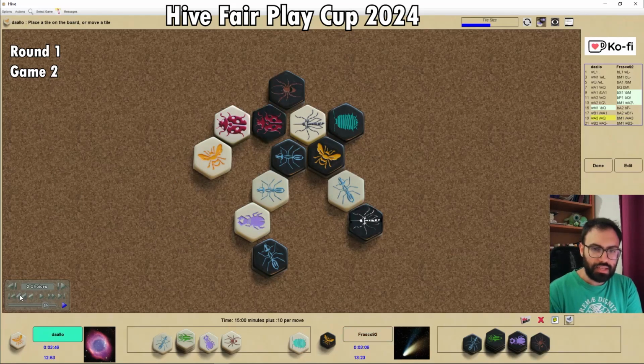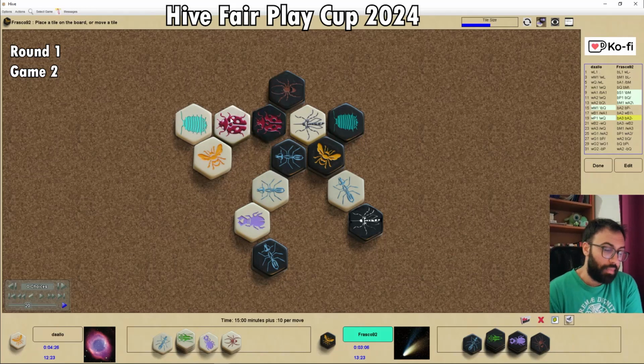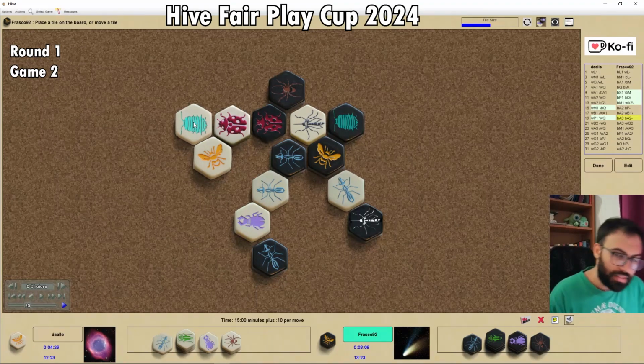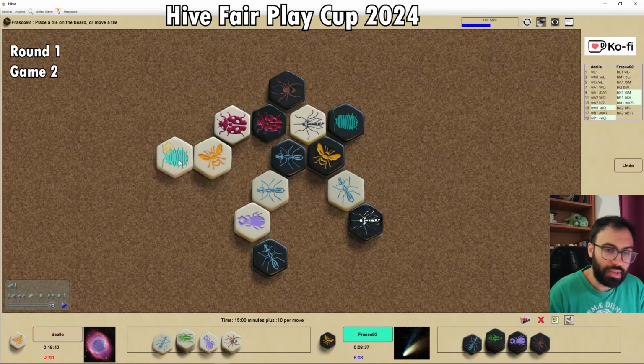So white decided instead to place a pillbug, and I mean, it's always a good idea, and at the same time I like this position because it defends from a potential attack of the spider. There are other options, of course. The pillbug could be placed here, for instance, which is potentially better, with the idea of creating a sort of pocket in this area, so you could move a beetle again. Well, sorry, I could place a new beetle that